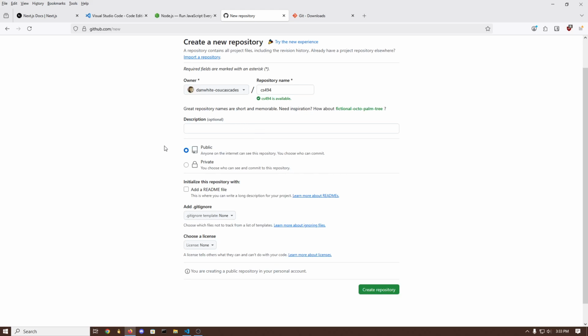And for this class, you're going to be making it a private repository. So you need to make sure it's a private repository. Don't click add README file because we already have a README file coming. You can describe it, my work for the CS494 class. This repo needs to be private, so please ensure that you have a private repository. So create repository,